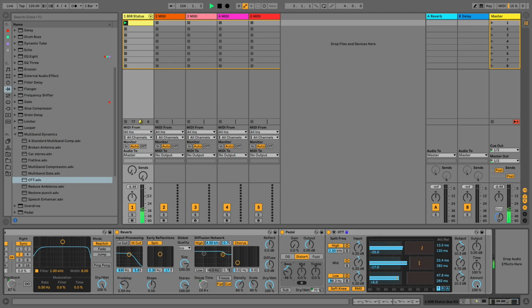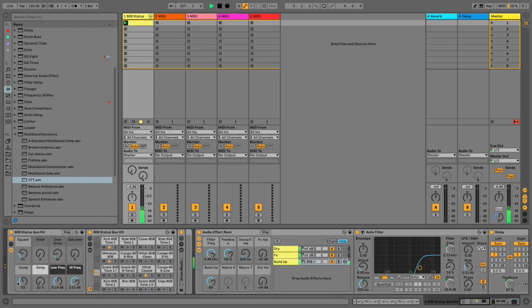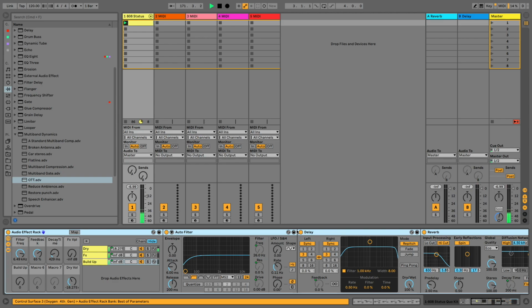And then map this to build up. I'm not too sure about this. You could try this out. Maybe add some resonance. So, whoa, one second, sorry. So this will be our dry, and then